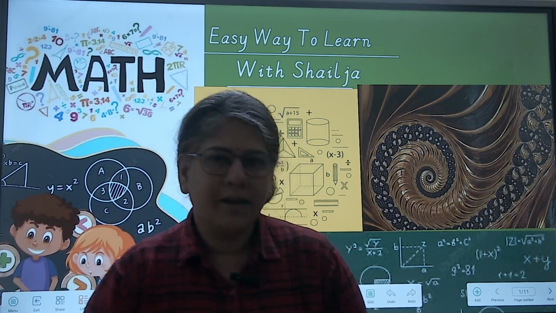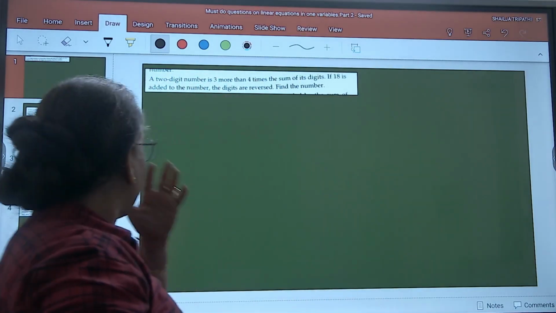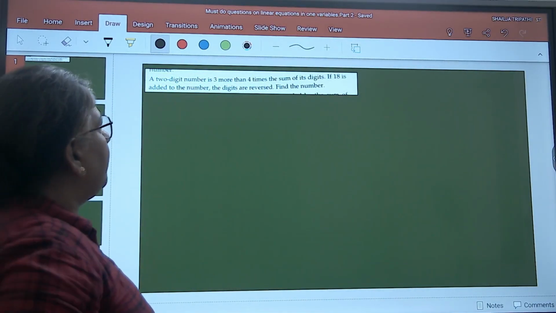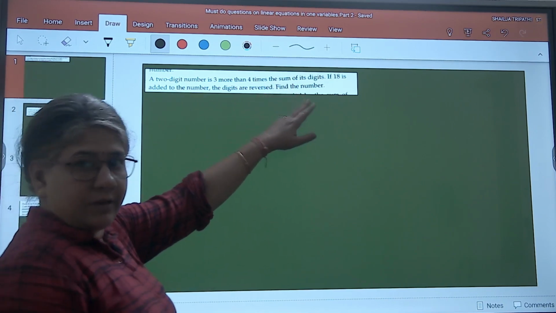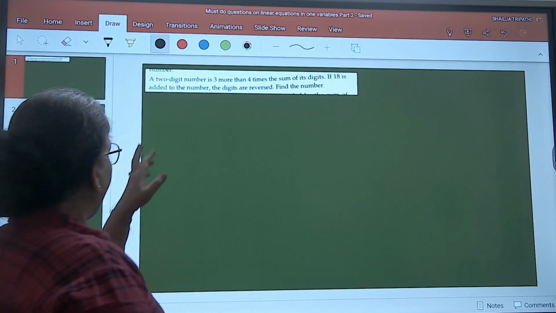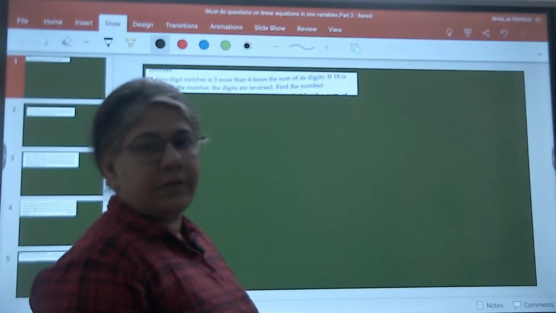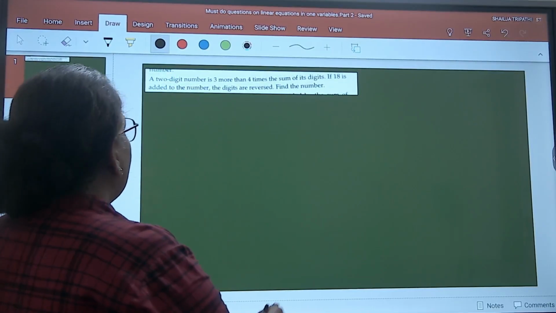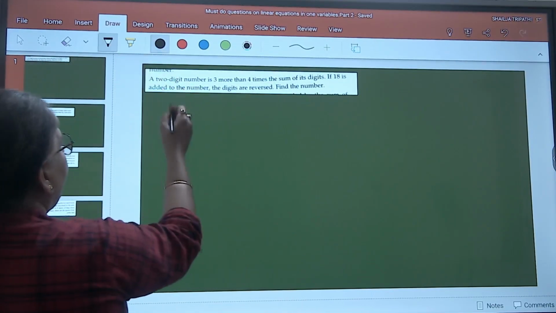Let's get started. Let's see this question. The question says a two-digit number is 3 more than 4 times the sum of its digits. If 18 is added to the number, the digits get reversed. Find the number. So we'll start by assuming